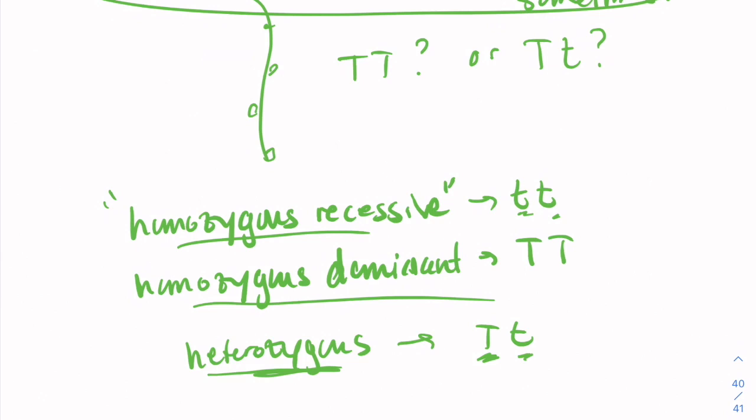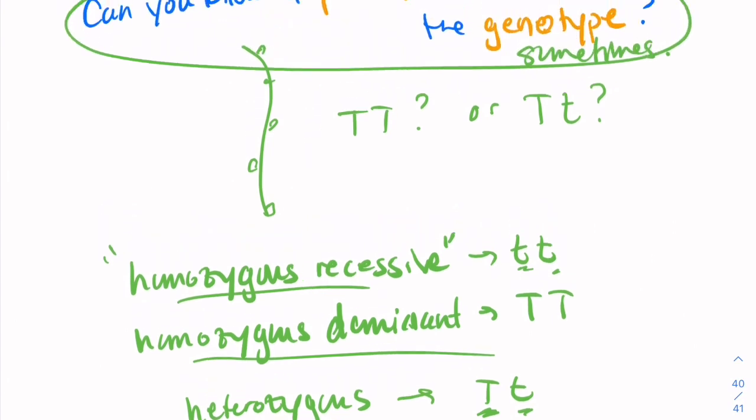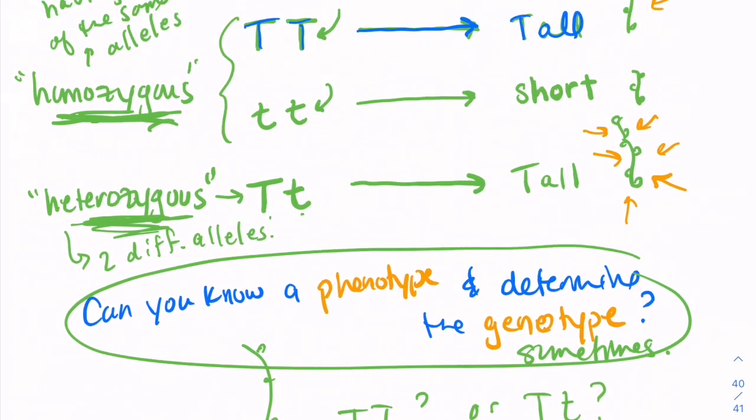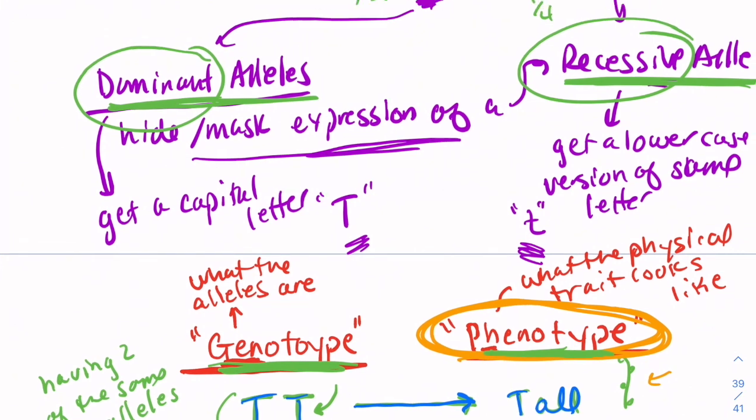Okay, so we got homozygous recessive, homozygous dominant, heterozygous, genotype, phenotype. We got to keep all that stuff straight. Let's start to use these words for some genetics problems and looking at what's going on. But let's think back to Darwin,